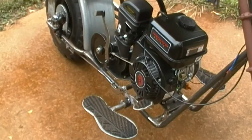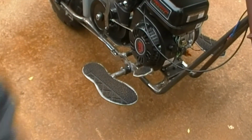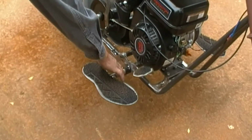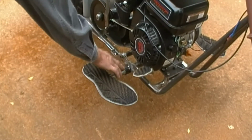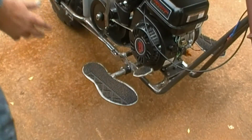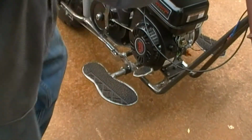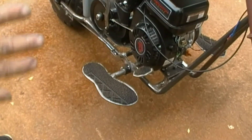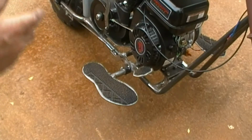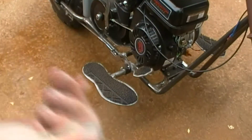Alright. You guys probably remember when I was building these foot pegs and stuff and brake pedal. They're right in here. I didn't put anything here to keep this from sliding back and forth because it always stayed in place. And I was thinking when I built it, I should drill a hole in there so I could put a screw in there to keep that from coming out. And all this time, every time I've ridden it, it's been fine. And just a minute ago, when I went around the block with the camera back there, it slid over,